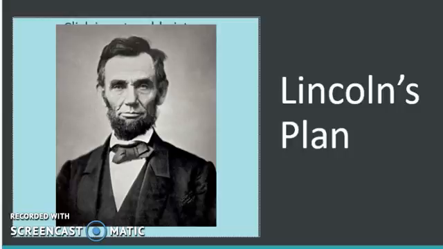So when a bill comes to the president's desk, technically he has two options, right? He can sign it or he can veto it. But actually, there's sort of a third option, which is to do nothing. If you do nothing, eventually the bill will die, and that's called a pocket veto, and it will go back to Congress, and they will have to work on it again. And that's what Lincoln does with the Wade-Davis bill. He basically kills it with a pocket veto because he didn't want to veto it and piss off his own party, but he didn't want to sign it because he thought that it was going to be way too complicated.